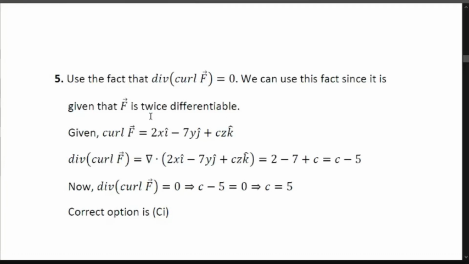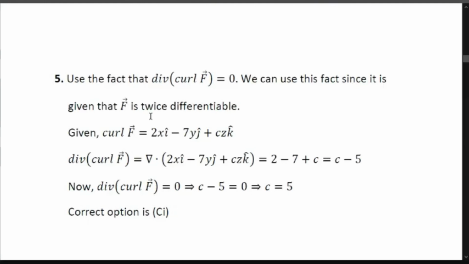If the components of the vector field are not twice differentiable, you cannot do that. That is why they have given that F is a twice differentiable vector field. So you can find the divergence of curl F. Curl F is already given as 2xi minus 7yj plus czk. So the divergence of curl F is del dot (2xi minus 7yj plus czk), which is 2 minus 7 plus c,